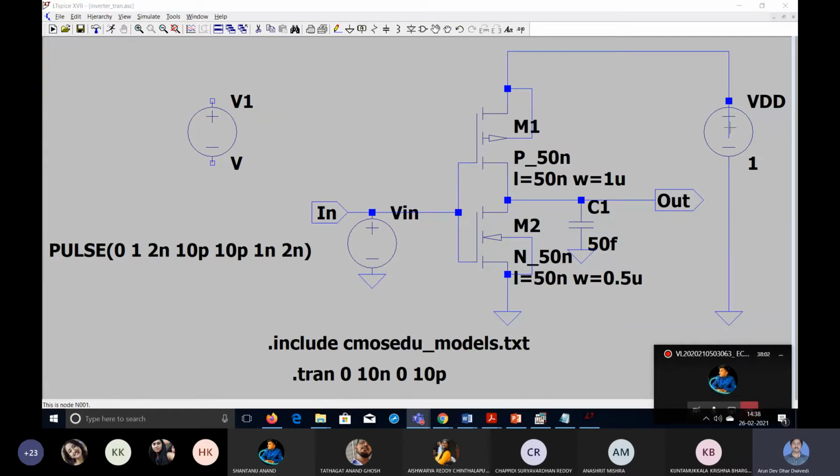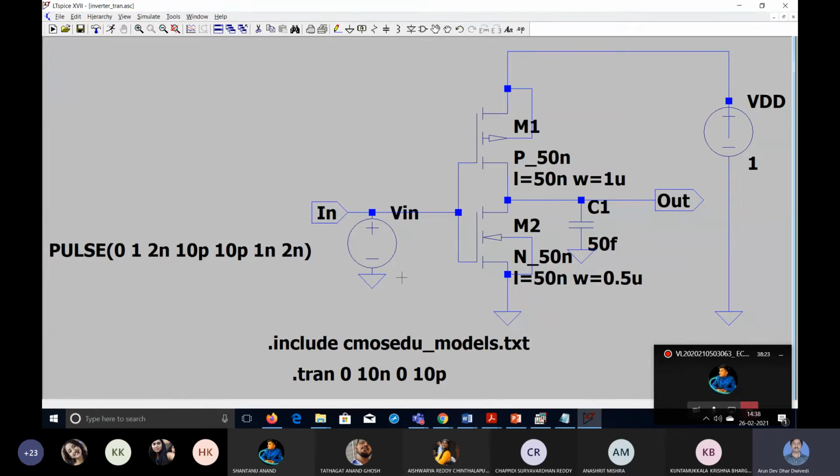I have not talked about this one, but it is simply a DC voltage source you have taken, and this extra source which I have taken, I can remove it. There is an option which we can take here. This one we can take and cut it, then press escape. So that was only for explaining.